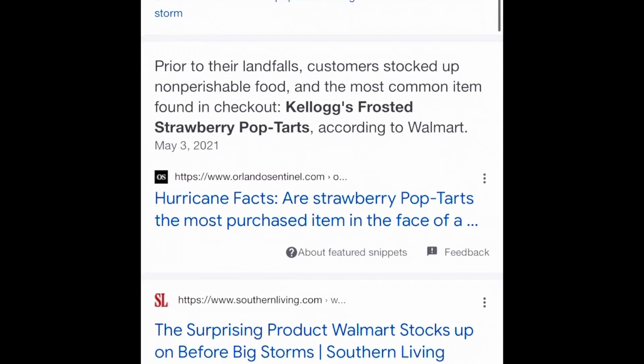Weather notifications are useful to alert the users when there's a storm coming so they can better prepare for it. In fact, the most popular item at Walmart to buy before a storm is a Pop-Tart. And the city officials also can use the real-time map, and they can follow plows to determine what streets are safer to drive on and alert users if streets are unsafe. So the GPS system overall is a very, very important component to smart cities.